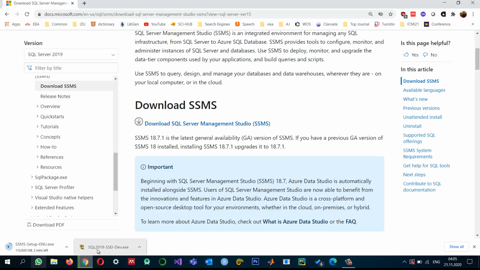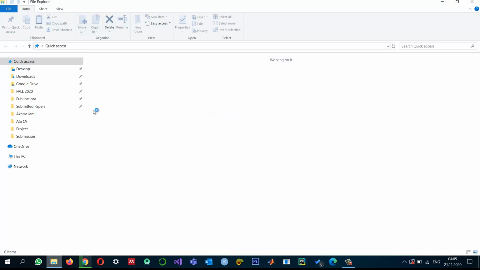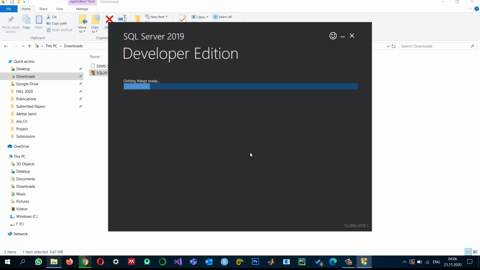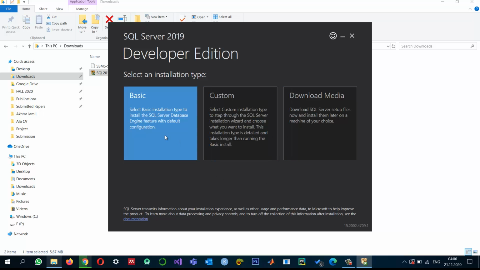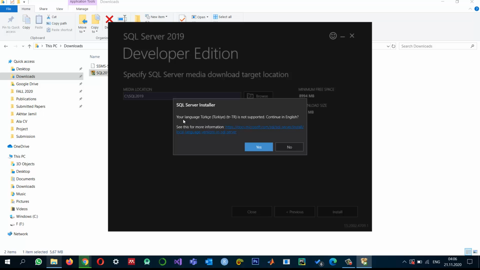So I'm just going to this location and try to install SQL Server Developer Edition. So I minimize it. I just open the folder and it should be in my downloads. So I'm just going to my downloads folder and I'm just going to double click on it. So it will basically download all the packages of the SQL Server. And from here you can select the basic, custom, or download media. Basic is basically a basic installation step, but I want to select the custom so that we will see what needs to be part of our SQL Server. The language Turkish is not supported, and so I'm just going to use the English. So I'm going to select yes,